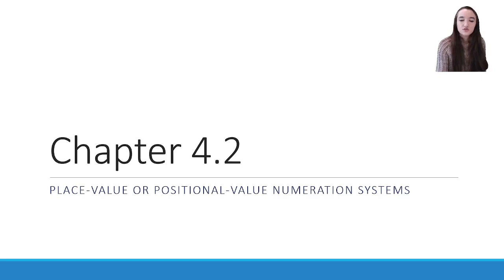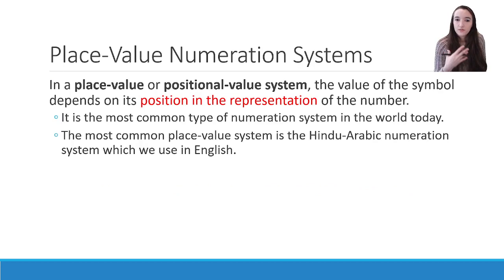Chapter 4.2, Place Value or Positional Value Numeration Systems. So in this chapter, we're going to be looking a little bit closer to home. We'll start off talking about the basic definition of a place value system, then we'll see that this is the system that we're most used to, followed by a few other systems that are going to be very related to